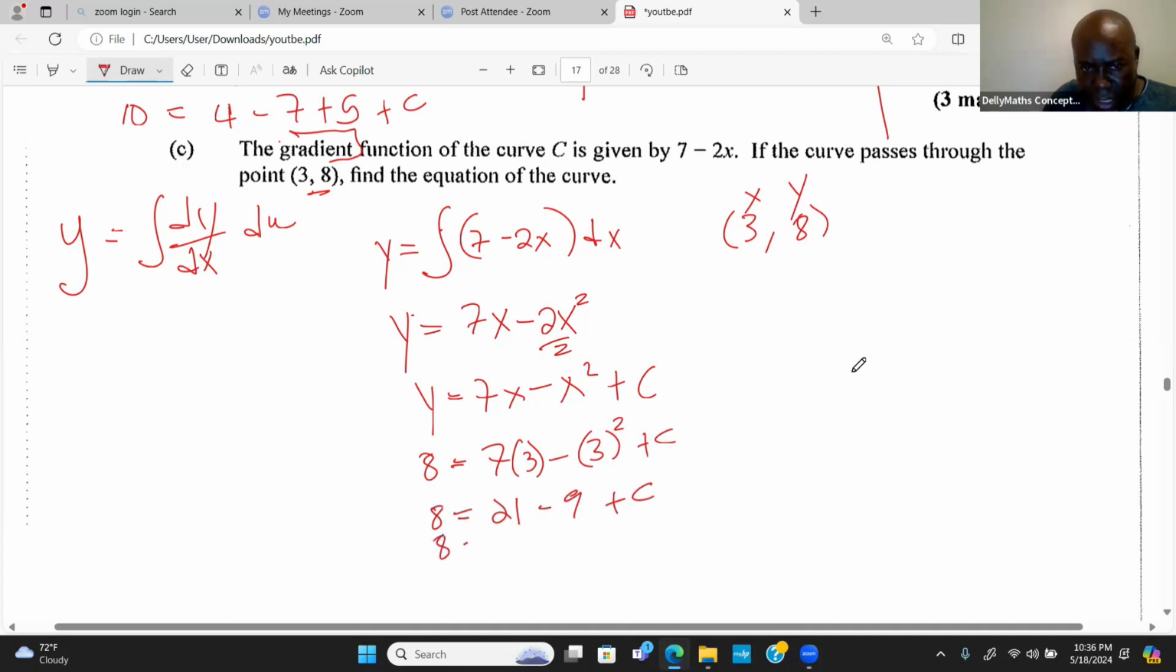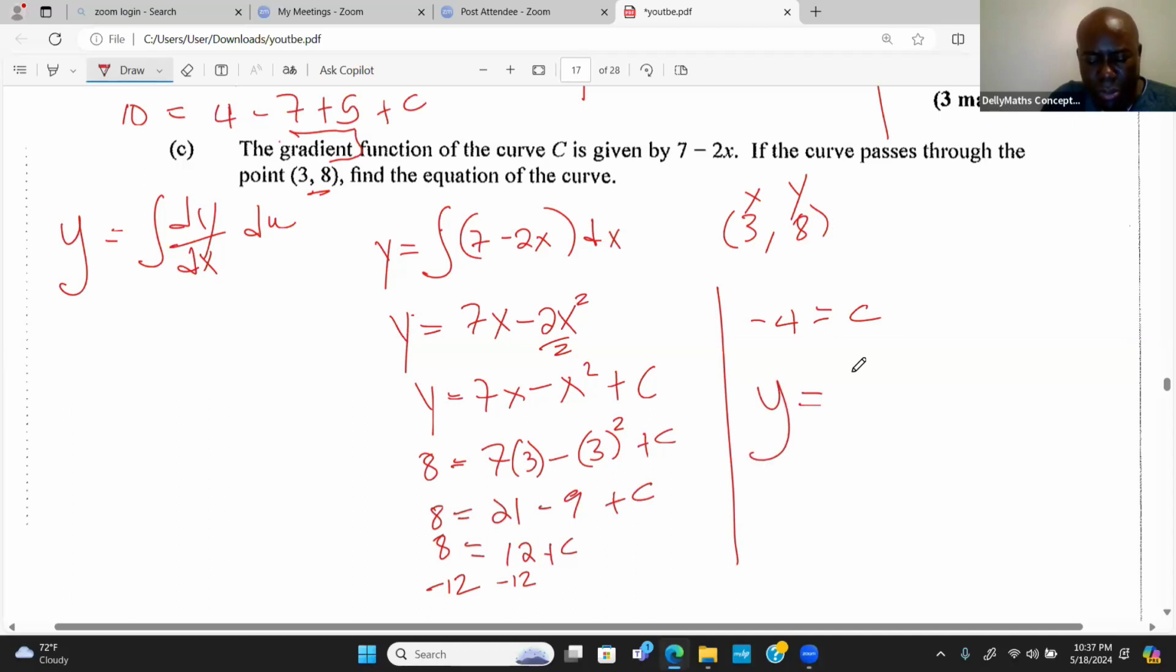So we have 8 equal to 12 plus C. Subtract 12 from both sides. So on the left side, I have negative 4 is equal to C. All right, so if C is equal to negative 4, then we can now say Y is equal to,